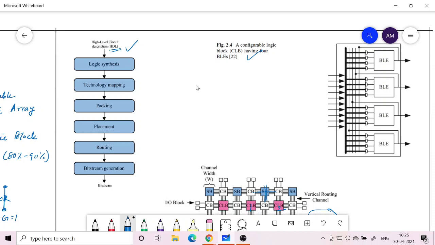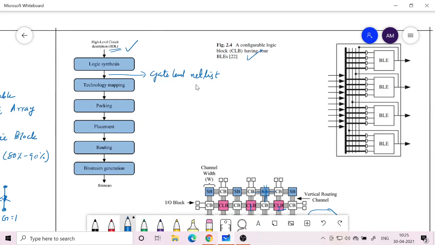Here you are giving the Verilog program, the code, as the input, and the logic synthesis software will generate the gate level netlist. It involves basic components like logic gates, flip-flops, multiplexers, such building blocks, in order to create the gate level circuit for your particular program.